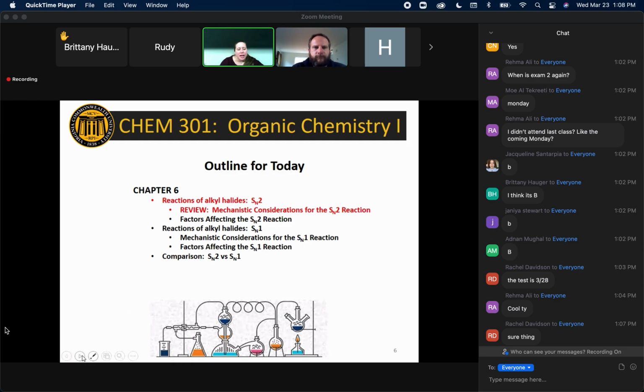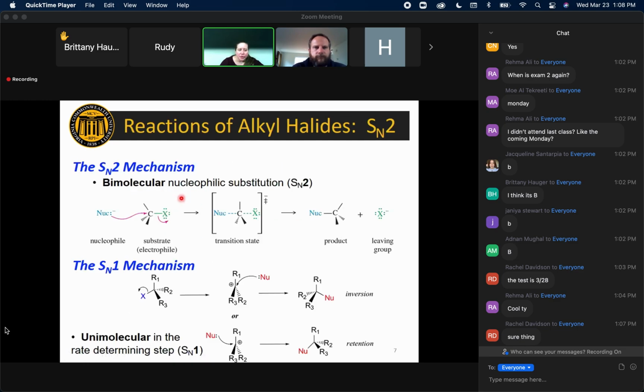implications of that reaction. So as you guys know, we've been talking about reactions of alkyl halides and specifically nucleophilic substitution, which can occur through either of these two mechanisms. A bimolecular mechanism, where both the nucleophile and the electrophile, in this case our alkyl halide is the electrophile, both our nucleophile and our electrophile are coming together in the rate determining step, which makes this a bimolecular reaction, or